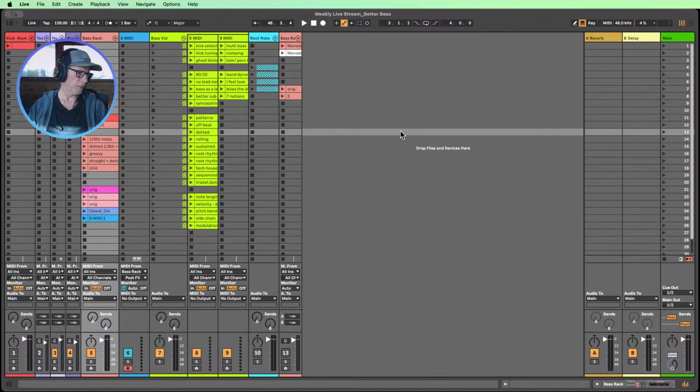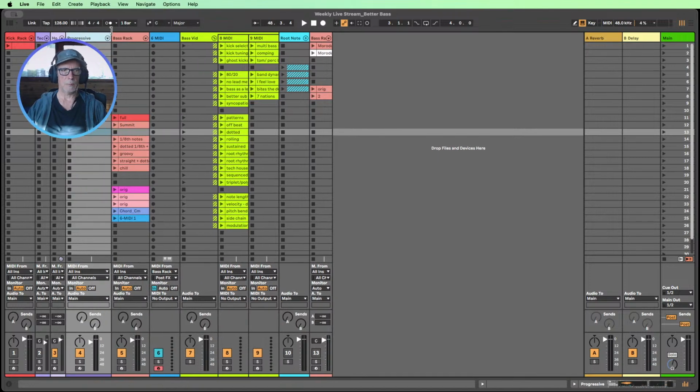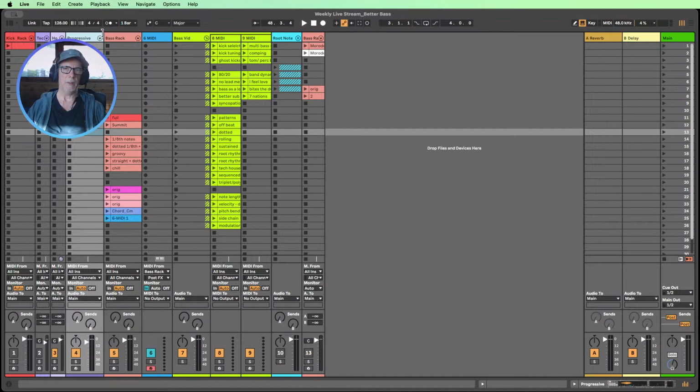So another fun one. Lacking inspiration for a bass line perhaps one day, and you think, I just really can't come up with one, like playing or drawing in some notes into a pattern, but I'd like to come up with a bass line. Well, here's a little trick that's been going on since the 90s as well in house and techno, and that is grabbing some sort of MIDI that isn't a bass, but has some nice potential that we could maybe turn into a bass.